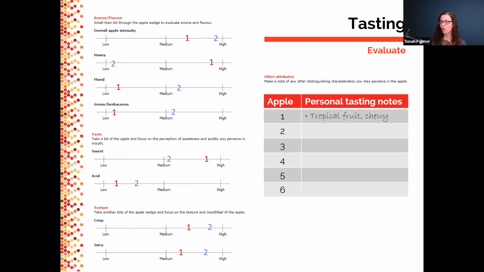Okay, perfect. So we've got a comment from Yanina. Yanina says, is there an example apple for evaluation? For instance, what's a really apple-y flavored apple? So Amy, in terms of overall apple intensity, what kind of apple would be high? One that is often seen as very high in that overall apple intensity is a Red Delicious. Okay, all right, that's great. Okay, so let us start, shall we, with apple number 1. Everybody grab your apple number 1.